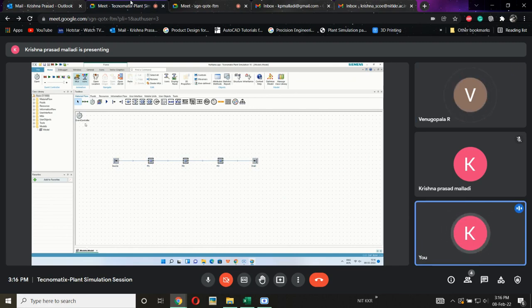There is an option here, the event controller. Every model will have an event controller. If you are preparing multiple frames, there is a frame here, a model here. If you prepare another frame, right click, new, and model frame, that frame also has a controller. So each and every frame will have a controller.